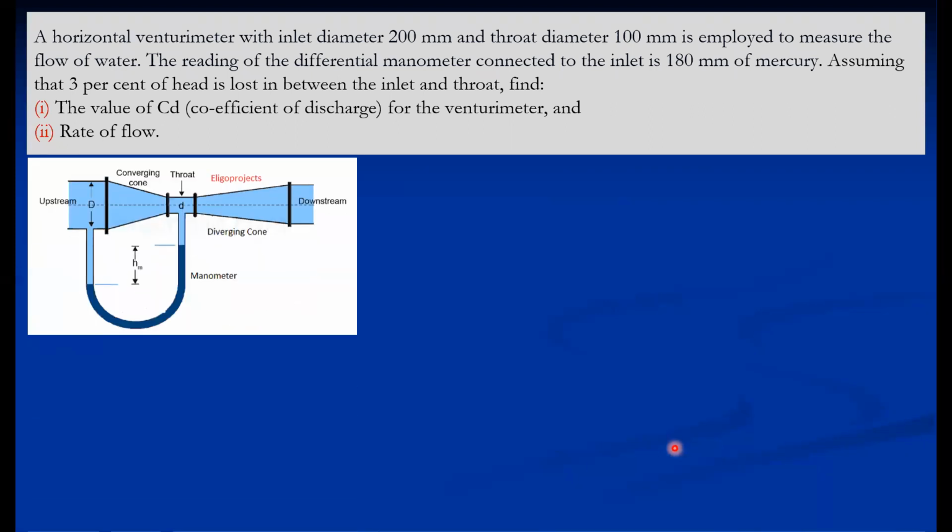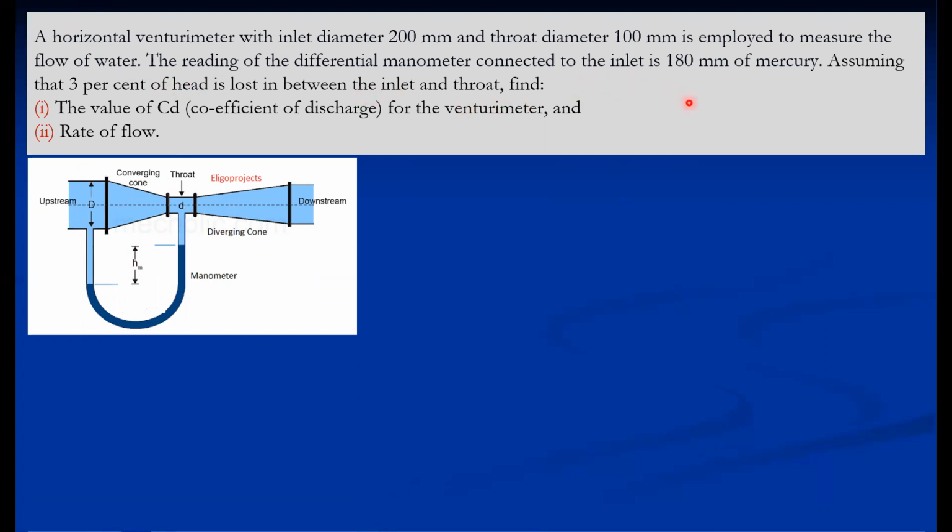Second, that is again for a horizontal venturimeter. Now here, instead of pressure gauges, the differential U-tube manometer is used, so this gives the deflection. The horizontal venturimeter with inlet diameter and throat diameter is given. The reading of the differential manometer connected to